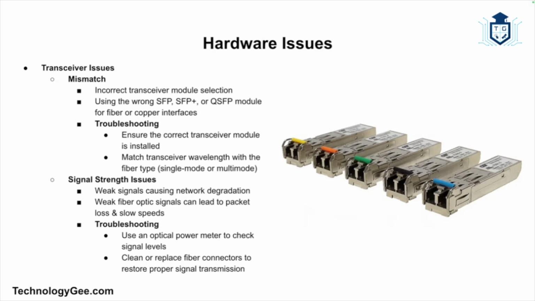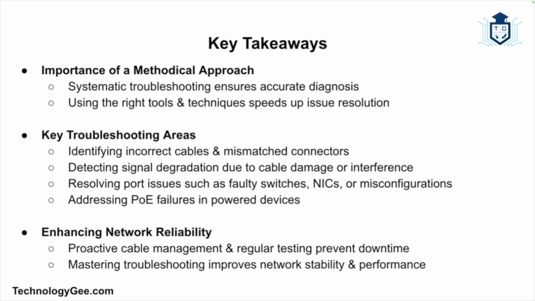Then you have signal strength issues. So weak signals can lead to packet loss and slow speeds. And to fix this, you want to use an optical power meter to measure signal levels and replace or clean fiber connectors. All right, so in conclusion, troubleshooting cable and interface issues requires a methodical approach using the right